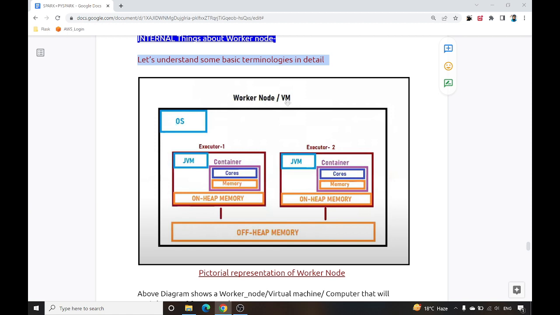A node is something we can say is a virtual machine, computer or node. Inside this worker node, we have multiple executors. Always keep in mind, if there is a worker node, inside that worker node there can be multiple executors. Executors will be responsible for executing that particular task.